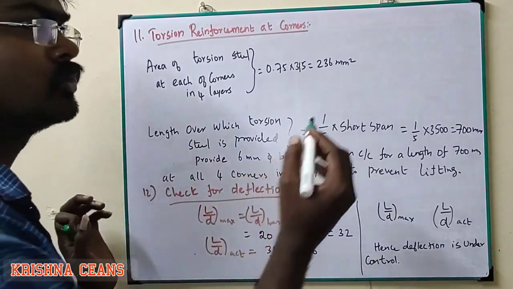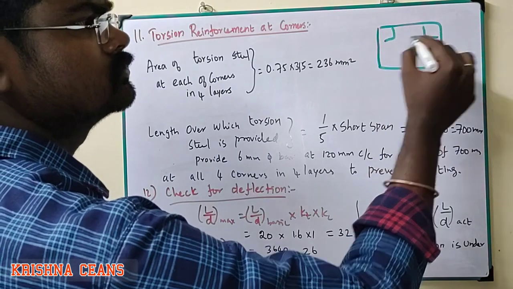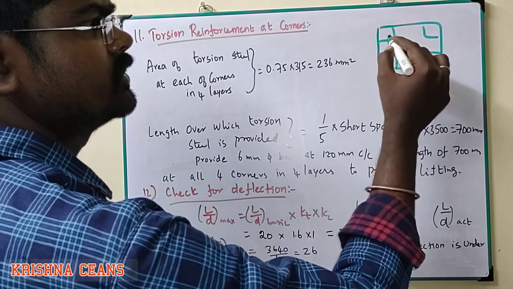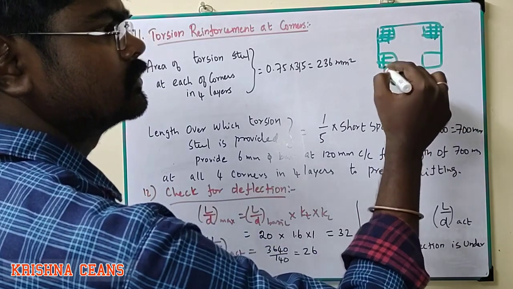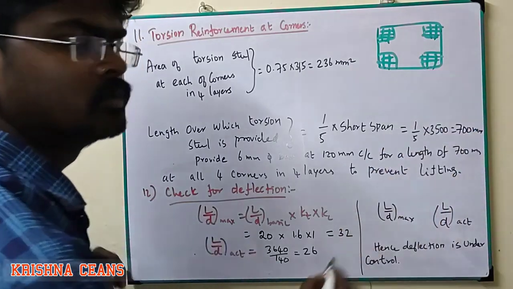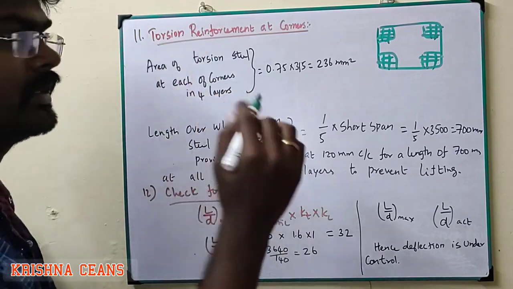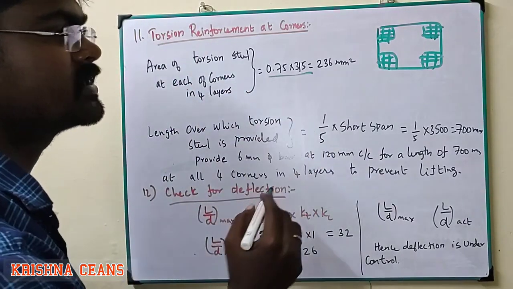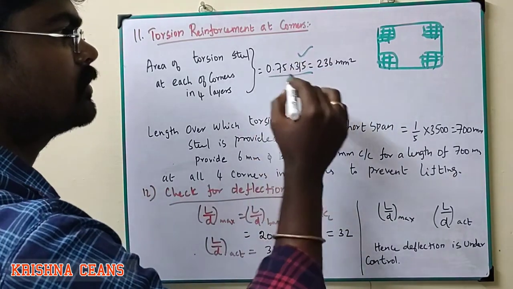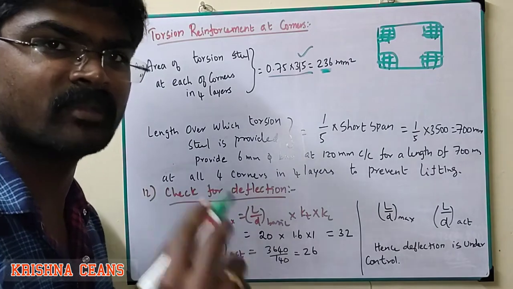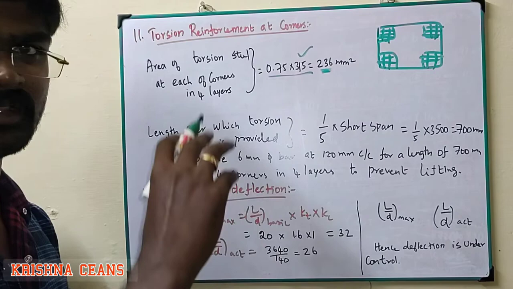So step number 11, to prevent the lifting at all four edges, we need to provide extra reinforcement. For that we need to calculate the area of torsion steel at each of the corners in 4 layers. The formula is 0.75 times AST. Our AST is 315 mm square, so 0.75 times that is 236 mm square, which we need to provide at all the 4